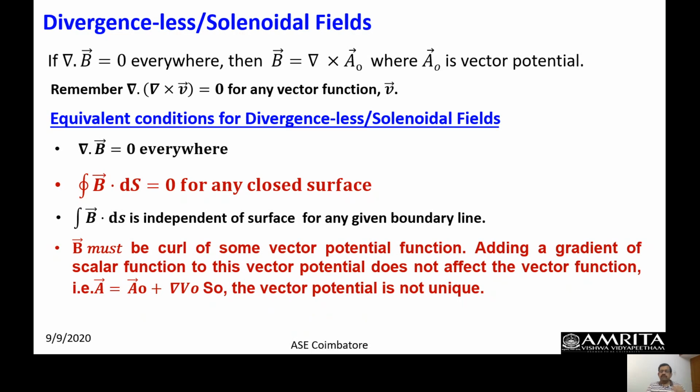Okay. So this is very important: the potentials are not unique. You can alter the vector potential or scalar potential without affecting the fundamental premise. What is the fundamental premise in case of a solenoidal field? The fundamental signature is that the divergence of the given vector function must be 0. Similarly, for a curlless field, the curl of the given vector function must be 0. So I can alter the vector potential functions without disturbing the fundamental concepts of a curlless field and a solenoidal field. Okay, so keep that aspect in mind.